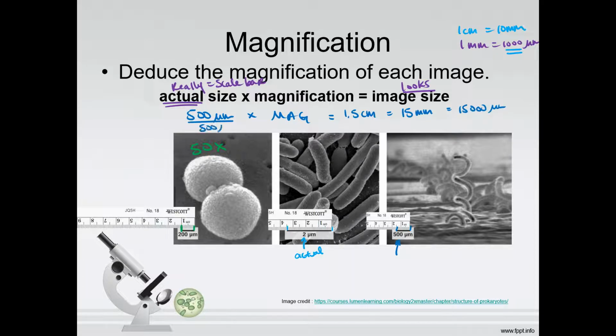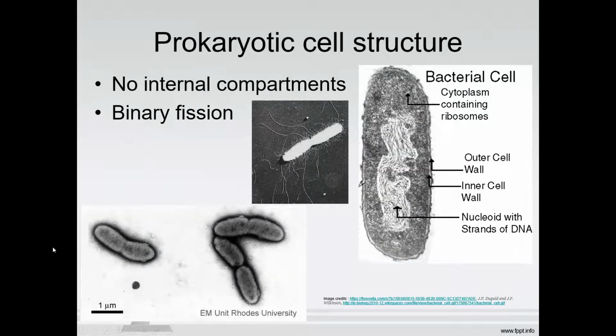Divide both sides by 500. Micrometers cancels out on the left. 500 micrometers. Micrometers cancels out. My zeros cancel out. I have 150 divided by 5, which is going to be 30. Good? Good. All right. So let's talk about some of the structures that we can see because our electron microscopes